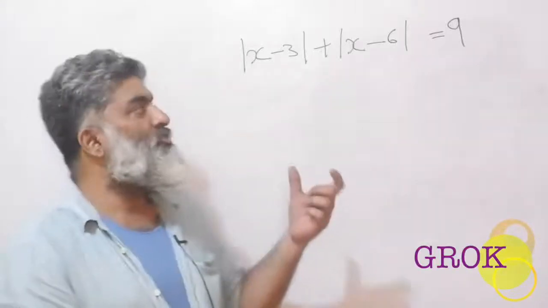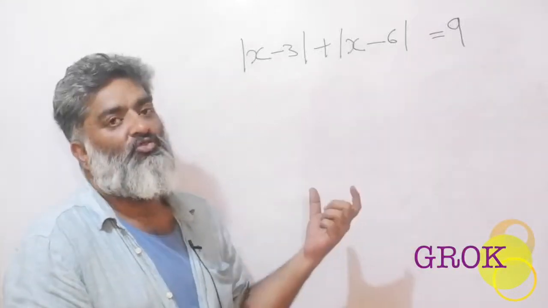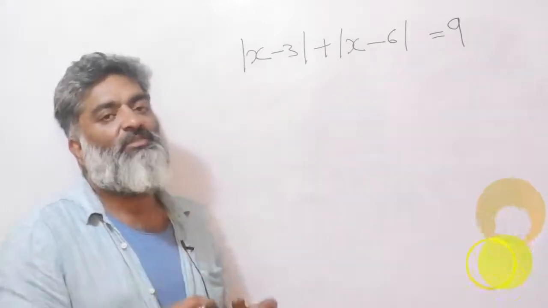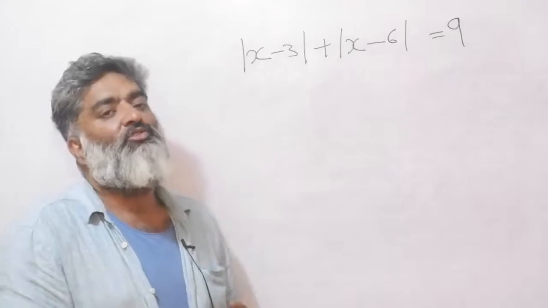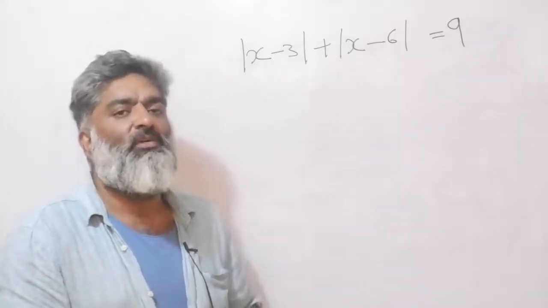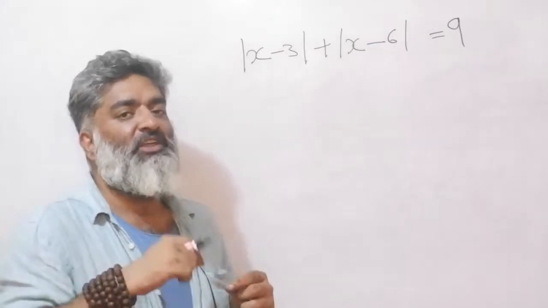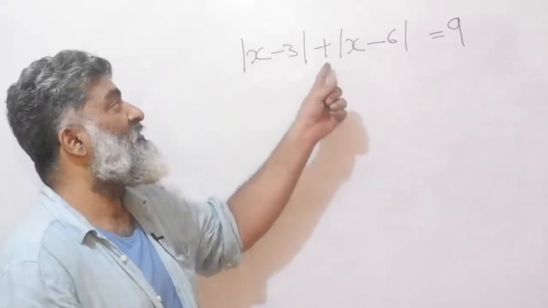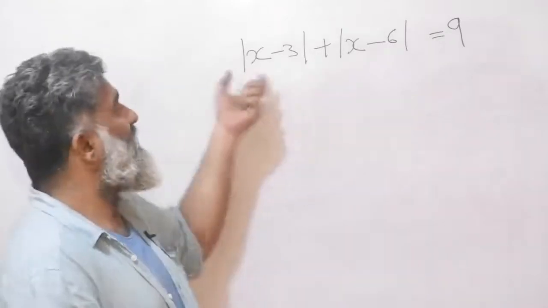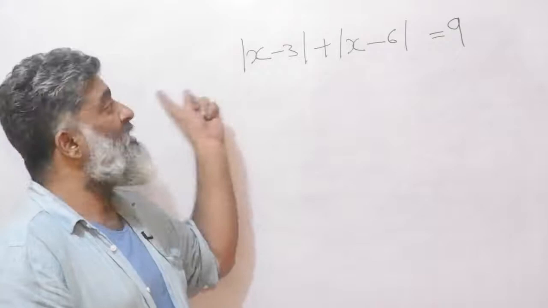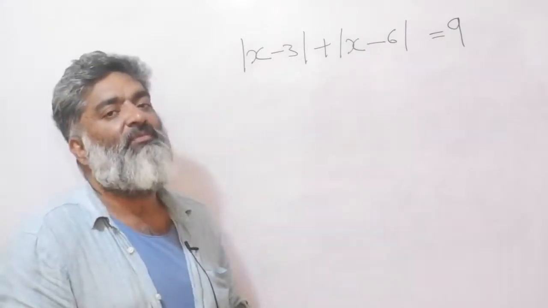So continuing our story with the sum of two modulus functions, we have already looked at the basic fundamental algebra driven approach, and now we want to try and work out a visual, verbal, story based shortcut. But the point to remember is that this particular shortcut, this approach only works if there is a plus sign. You can add more modulus functions x minus a and x minus b, but in between all of them there should be a plus sign.